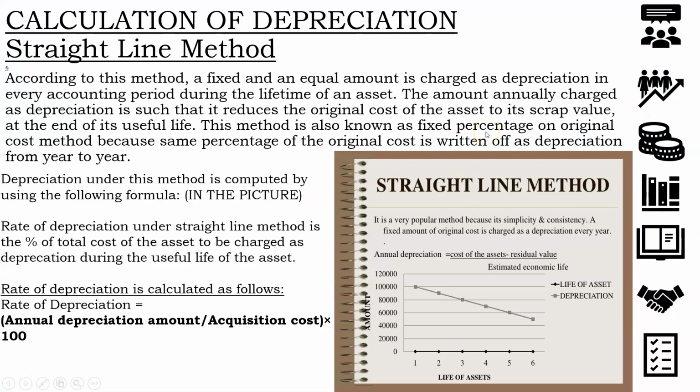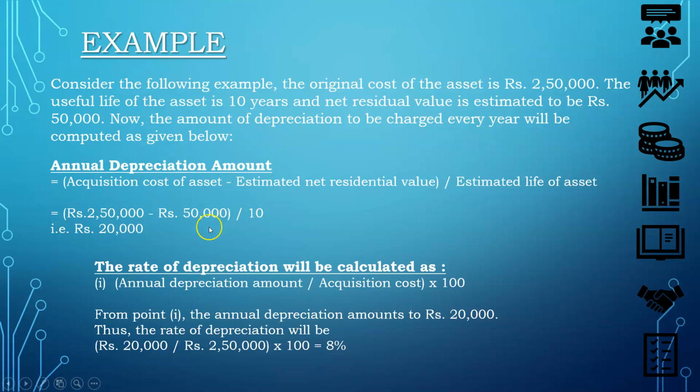Now with the help of the straight line method, we saw in this example that 2,50,000 will be reduced by 20,000 rupees in the first year of the purchase, and in the second year the book value of the asset will be 2,50,000 minus 20,000, that will be 2,30,000 rupees. Then again next year we will charge 20,000 as depreciation, and again it will be 2,10,000 rupees the next year. So, 230 and 210, every year the book value of the asset keeps on reducing by a fixed amount over the years. So here we can say that the book value means the carrying amount in the books of accounts.